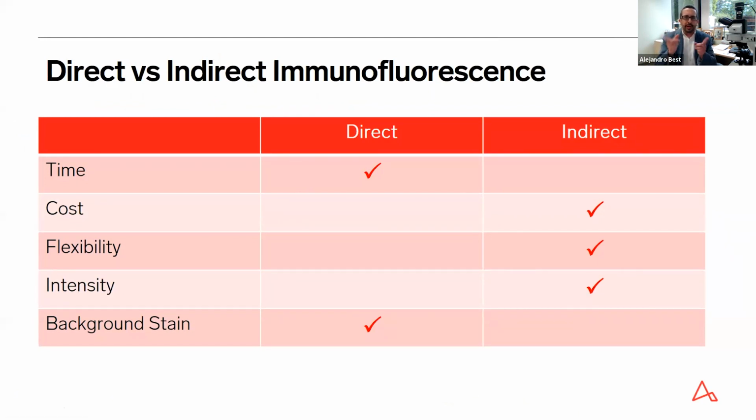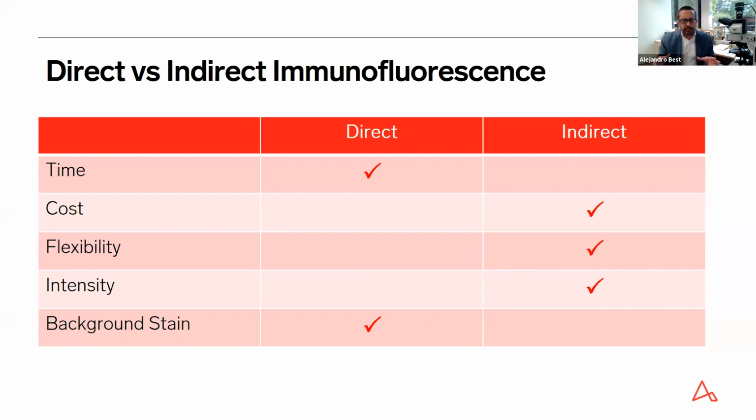Because it's a 1-to-1 ratio, right? You have one antibody with one fluorophore for one target. If you do indirect IF, every time you add more antibodies, you're multiplying or amplifying that signal. However, for our purposes, the